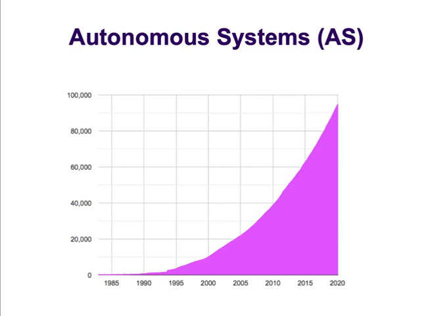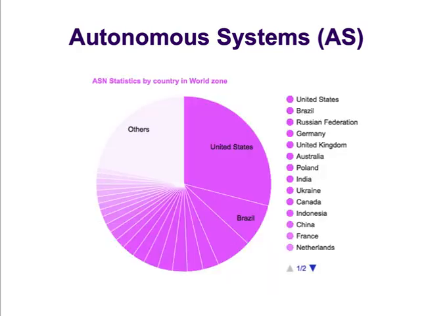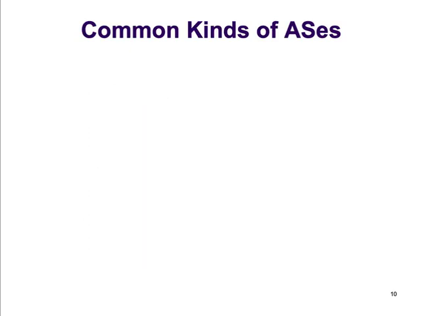It's about 10,000 nodes. If you're curious where they go, as you can see, the US is hogging the largest number of autonomous systems. This is not surprising. Brazil is number 2, which was somewhat surprising to me. But in general, you see these handed out across the world. Okay. From our perspective, as we talk about autonomous systems, there are kind of 2 common kinds of ASs